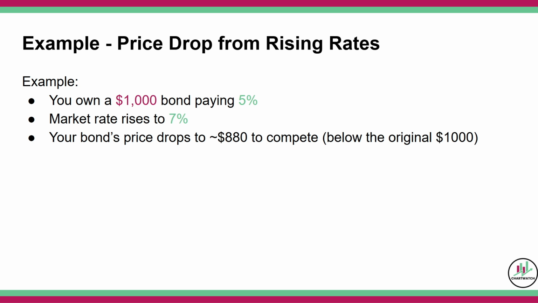So as of right now with my bond, I'm making $50 each year. But let's say a year from now, I'm still making that $50 a year, but people with the newer bond are making $70 a year. If someone can earn $70 on a new bond, why would they pay $1,000 for my $1,000 bond that pays $50? They wouldn't. Your bond would only sell if the price drops.